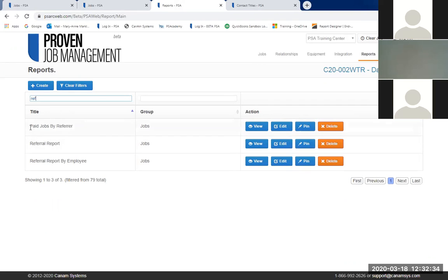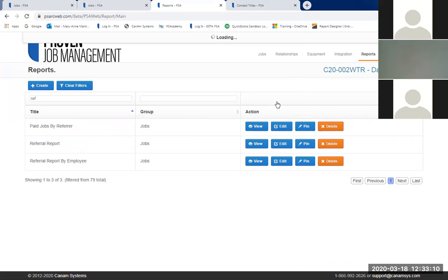And I'm going to show you, we have 3 different options. The paid jobs report would only show the referral information if the job has been paid. So those of you that are paying out payouts on referral information, that may be the report you want, only seeing those paid jobs. The referral report I'm going to show you is the full report. And the third one lets you break down and see the referrals by the project manager on those jobs, is the way that report's structured. So we're going to look at the middle one here, which has